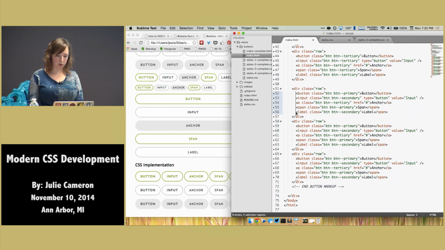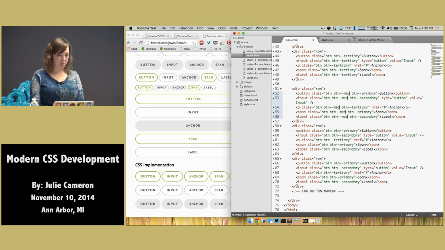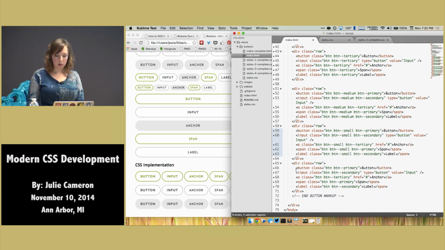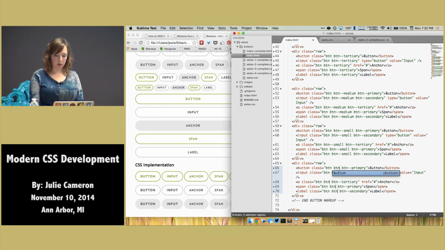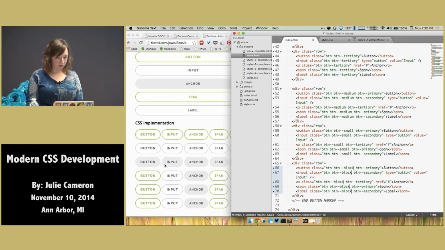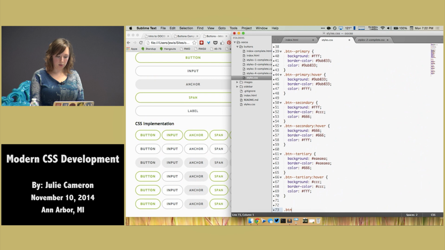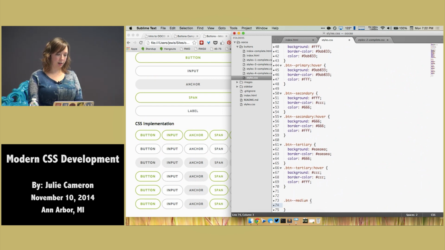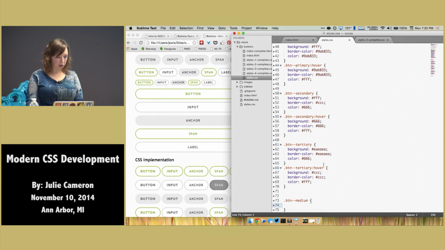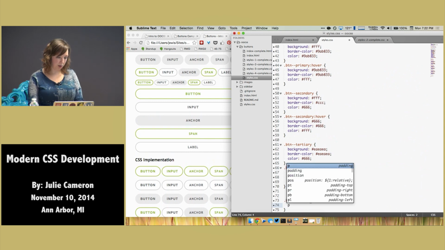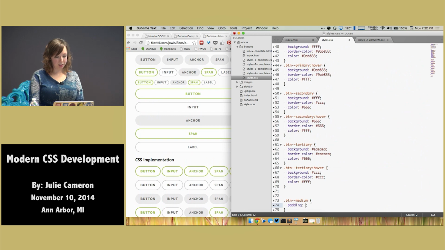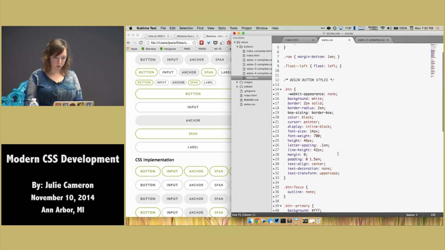So our first one we want to be button medium. It's a fine name. Second one we'll do button small. And then the last one we'll do button block. So we've got all of our elements here. They're looking pretty good. If we want to style our button mediums then, maybe a little less padding. That's probably about it. And some height differences. So our padding, we're going to go down to about .5 EM. And then our height will go to